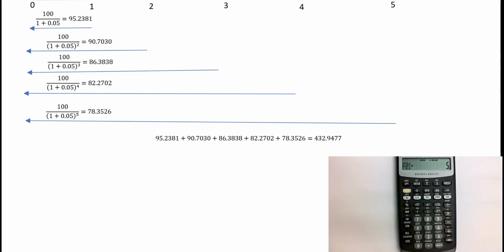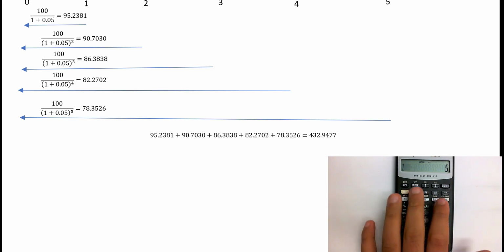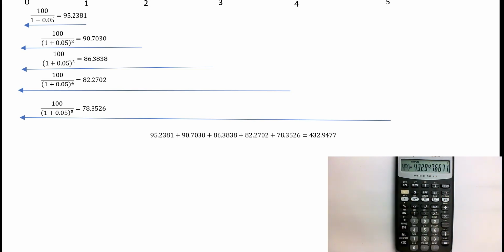Because we want to calculate the present value of this cash flow, you will need to press the NPV key. Because the interest rate in this question is 5%, I equals 5, and press enter. And then press down, you will see NPV. Because we want to find the present value for this problem, we need to press CPT. We will get the same answer as before,